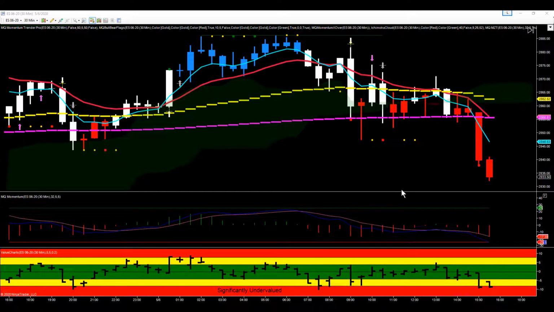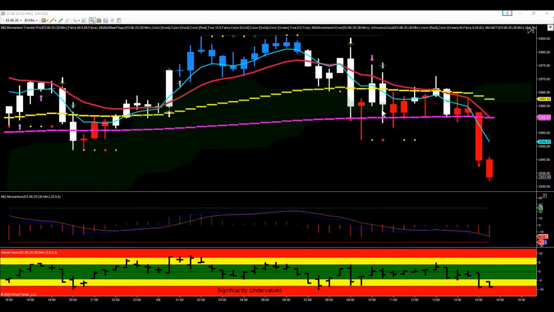Let's take a look at how we can use multiple charts and multiple time frames to confirm or predict a trade. This is our 30-minute chart on the ES this afternoon, and as you can see, the ES all day respected